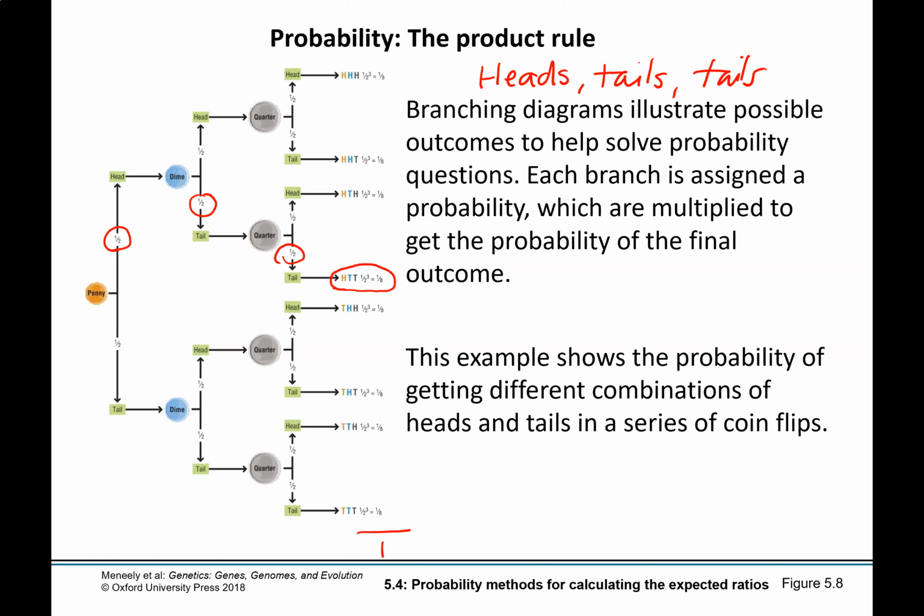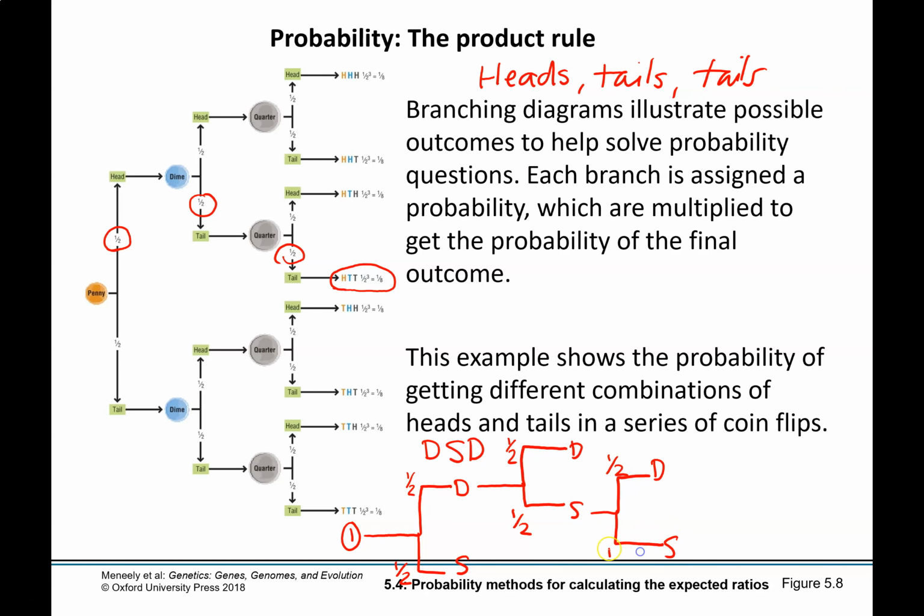We can do this branch diagram using our previous problem with the daughter, son, daughter. So let's say for our first child, child 1, the probability of having a daughter is 1/2. The probability of having a son is 1/2. Now our next branch, probability of having a son is 1/2. Of course, daughter is 1/2 also. And then the probability of having a daughter again, daughter is 1/2. Son is 1/2.